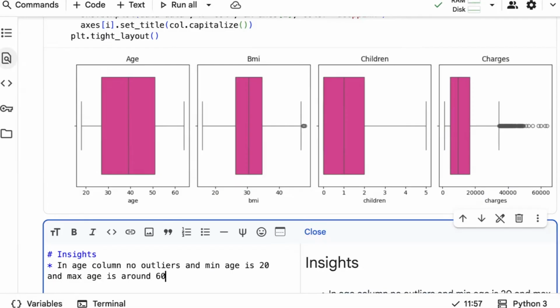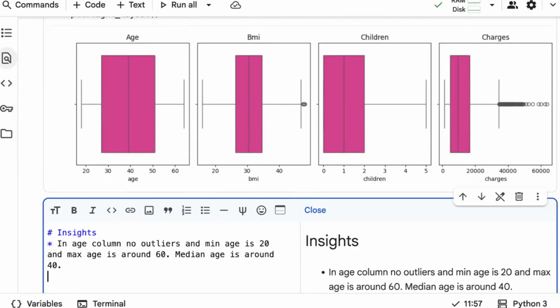Right? We have customers whose age is between 20 to 60. And also the median age is around 40. You can see the middle line, which is around 40. And also we could understand that there are no outliers, all the values are within a range only, no extreme values, because from 20 to 60 we have an acceptable range of age.